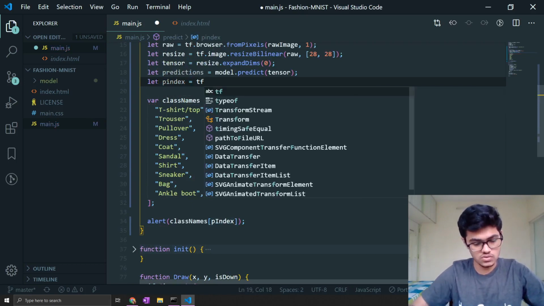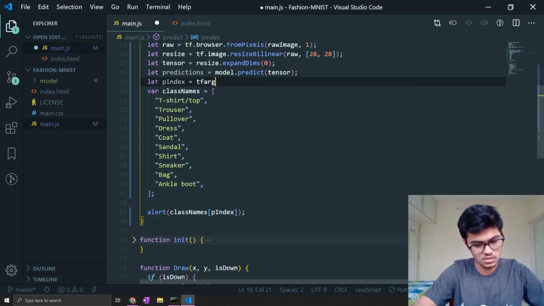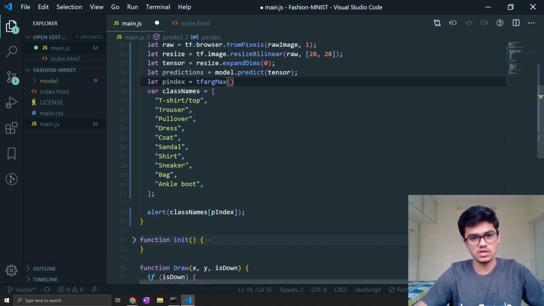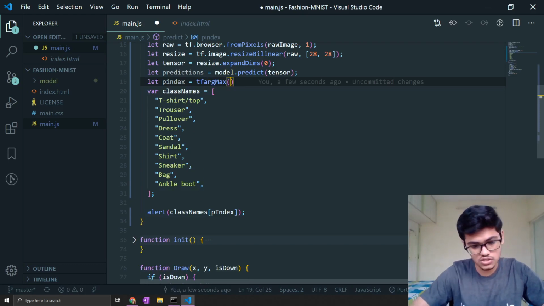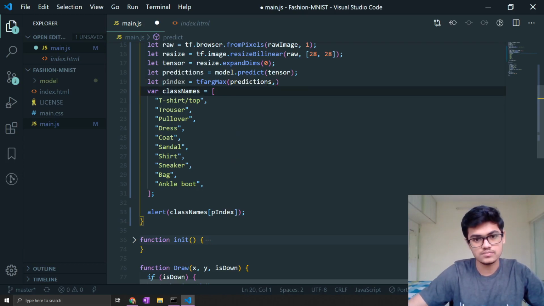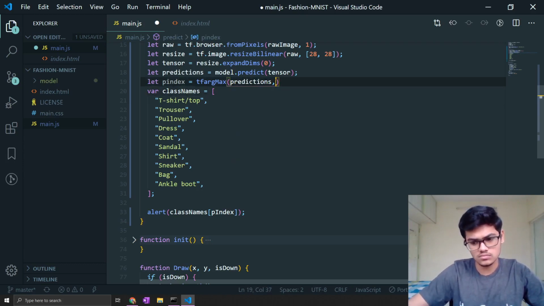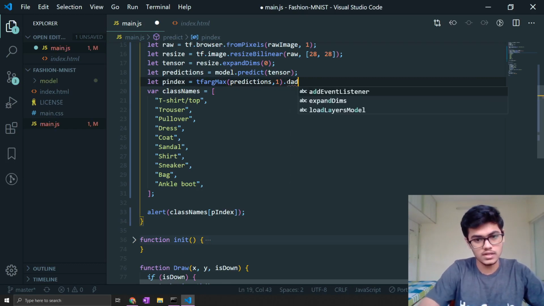For that we will use argMax, which will give us the index which has 1 in the one hot encoded array. For that we will pass this predictions array with 1, and then we will dataSync.